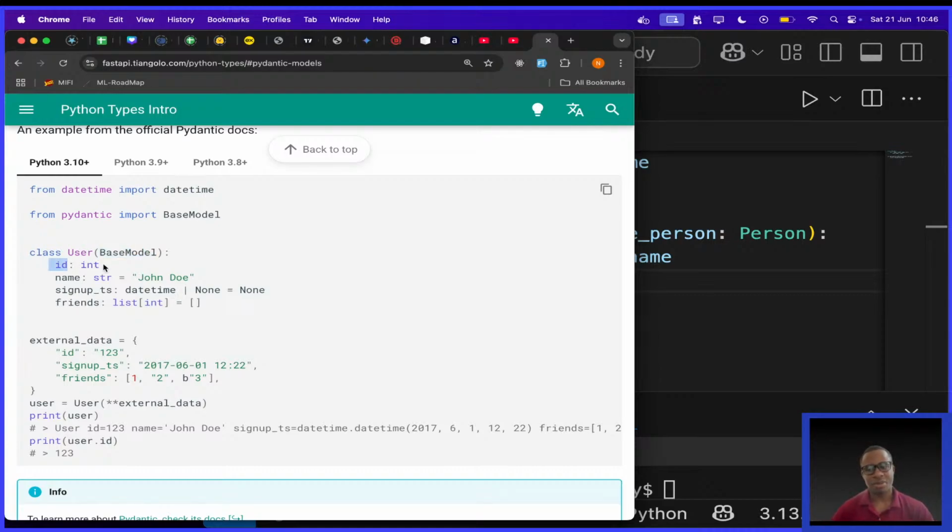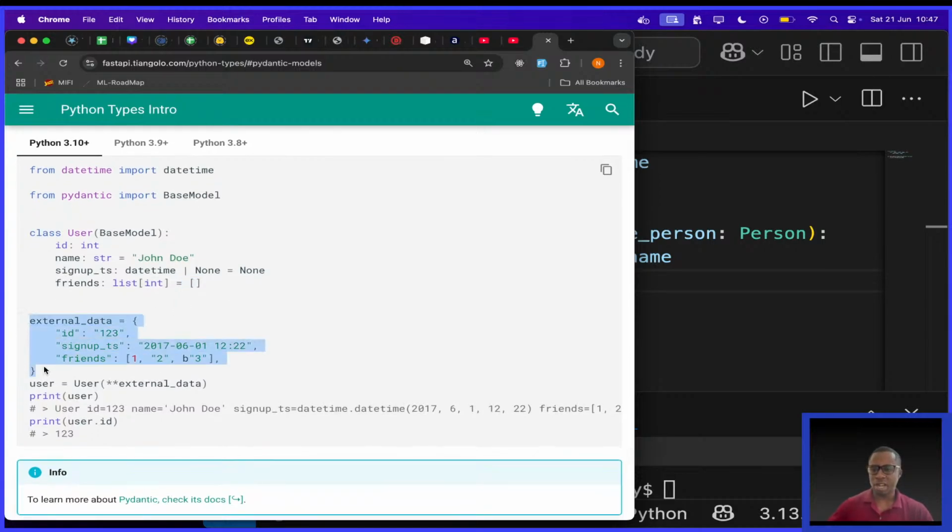They have an ID, which is an integer. Now, type annotations and type hints are getting interesting. We have name, which is a string with a default value of John Doe. We have signup_ts, which is a datetime or None, so unions are now making sense here, and of course the default value is None. Then friends is a list of integers, and of course the default value is an empty list.